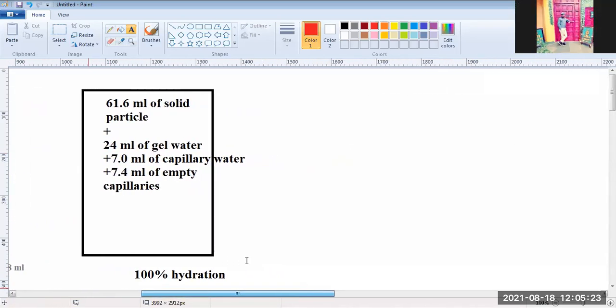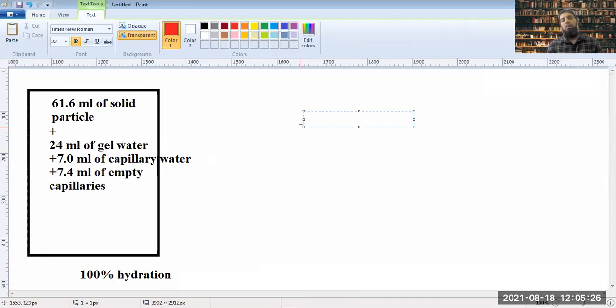Once 100% hydration or 99% hydration has been achieved, the gel water will no longer be available to interact with the unhydrated cement. Gel water is never available, so this water is always trapped within the cement. So it's never available for the unhydrated cement; at 99% hydration, 1% of the hydration products are still not combined, but this water is not available. Even the capillary water, which is 7 ml, is trapped within the capillaries. So even that water is not available.